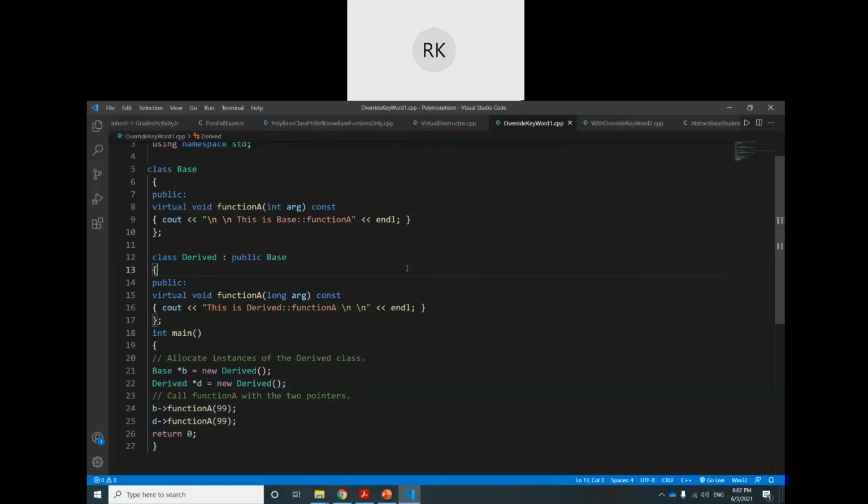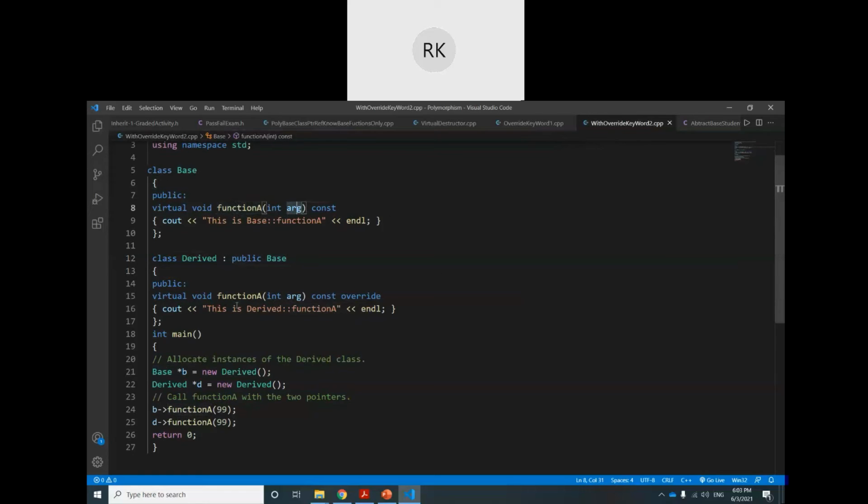Okay, now if we want to remove this error, another point is that if we explicitly want to make sure that the compiler changes to dynamic behavior, then we should use the word override. You see here, this is a new example, the same example but modified. The same function, integer argument, same function, integer argument, but we explicitly tell the compiler to use override: don't use overloading, don't use redefinition, it must override.